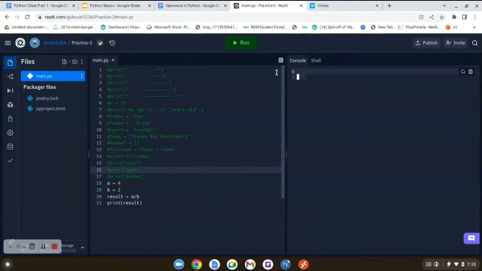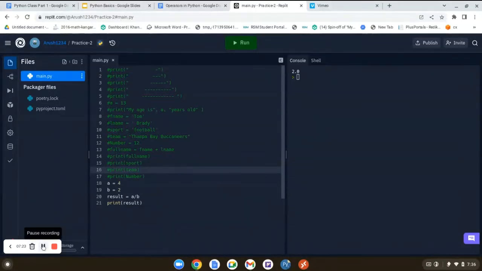Let me run it again. And it prints out 2.0, which is basically 2. And that is in float formation, or float. And basically, float is decimal numbers. So let's say instead of 2, it's like 2.4. That's basically the decimal number. And when you divide things, if you do 5 divided by 2, that will be